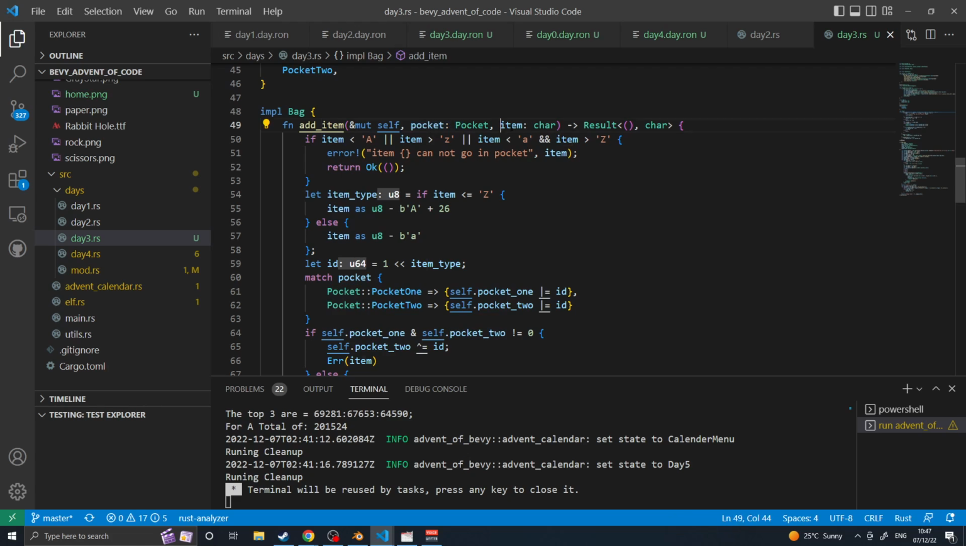That takes in a pocket and an item to add and returns a result. It'll return nothing if the item was added without conflict, and the item if the item had a conflict. We then do some checking to make sure that the item is within the range. Then we say if the item type is less than or equal to capital Z, it's the item's ASCII value minus the ASCII value of A plus 26. Otherwise, it's just the item's ASCII value minus